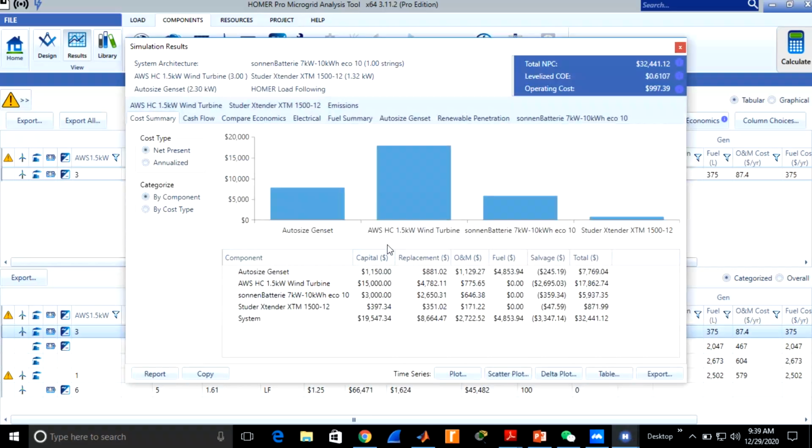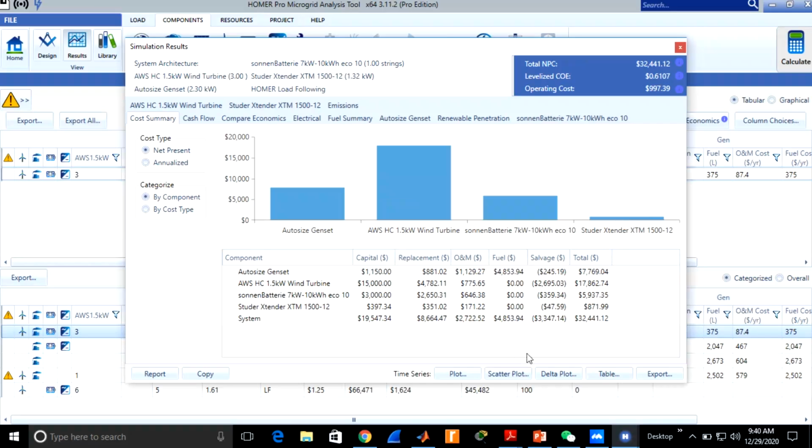The maximum cost is due to the wind turbine and the auto-sized generator. It has approximately the second greatest capital cost. This is the battery, and this is the converter,